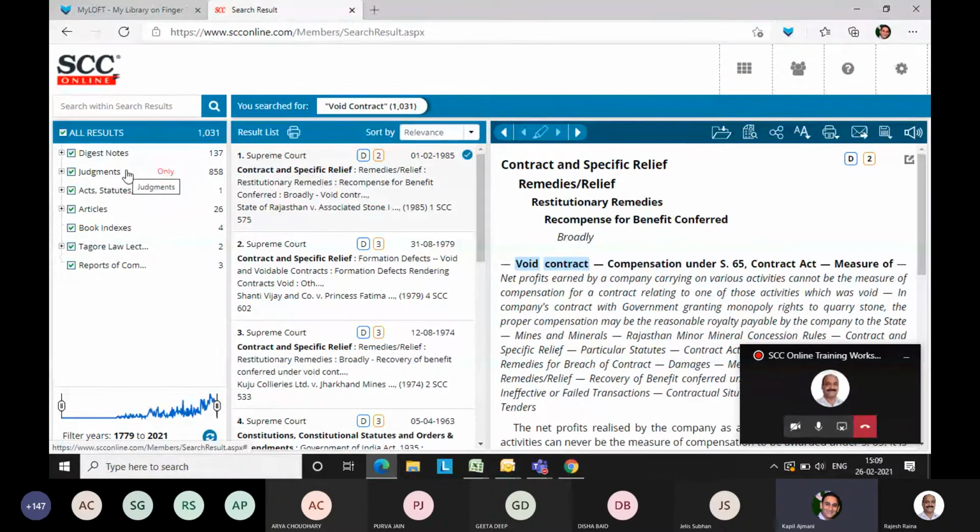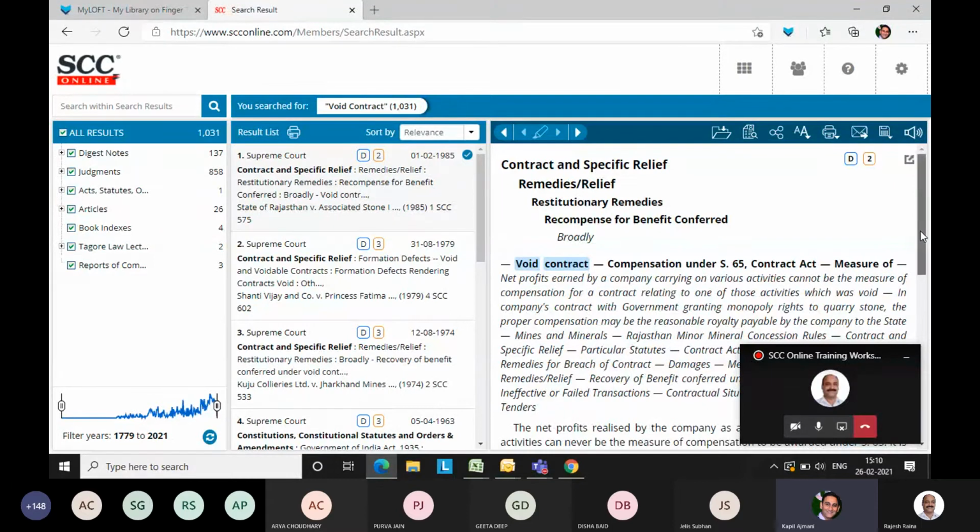Second, there are judgments, acts, statutes, articles, and many other topics covered here, which are related to void contract only. In the middle pane, it shows you the title and a brief of the digest note or judgment. On the right-hand side, there is the full explanation.